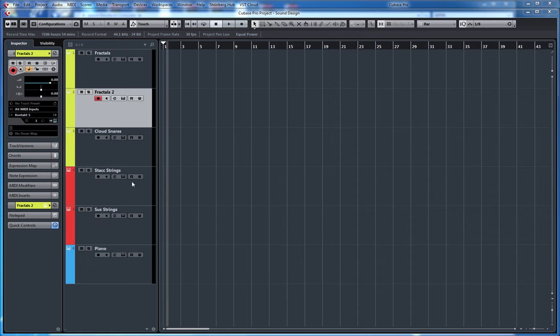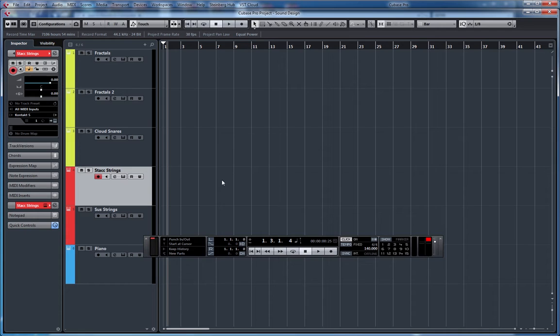But in this video, I want to create a little string thing here and then show you what you can do with sound design to make everything a bit more interesting. So let's just start by recording a little string pattern, just some simple chords with a little ostinato on, and then we can use some of these tracks that are just loaded up here. These things are totally random, but I will try to find some stuff to use for